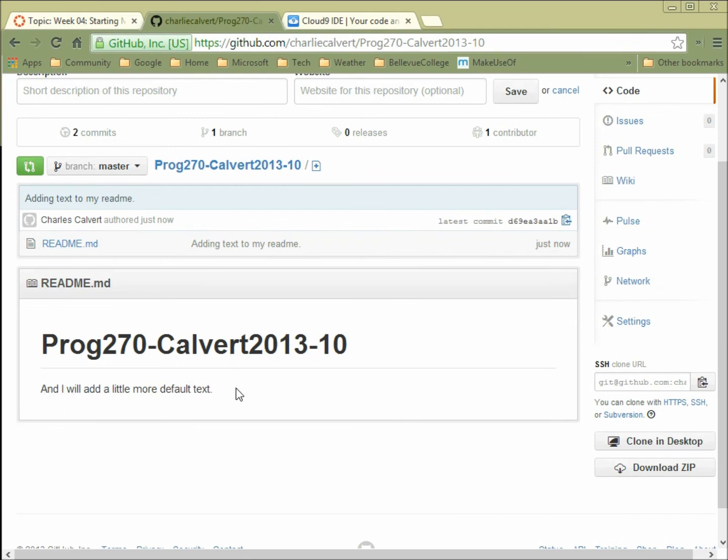So that's your basic use for GitHub. GitHub is a source code repository, and right now we have one file in our repository, and we showed how to edit it on our local machine and to upload that to the server. So that's all I'm going to show in this